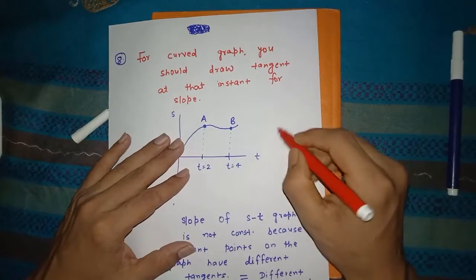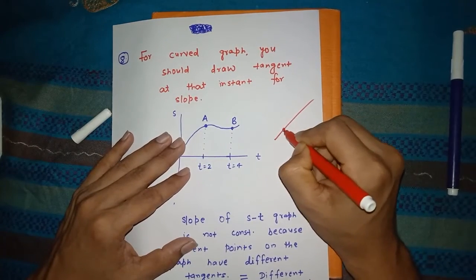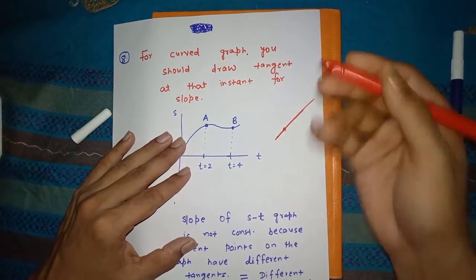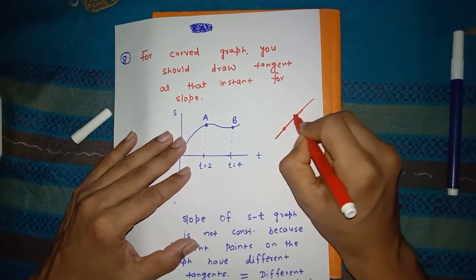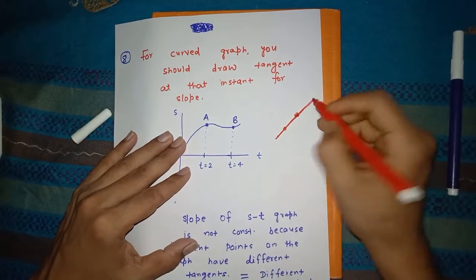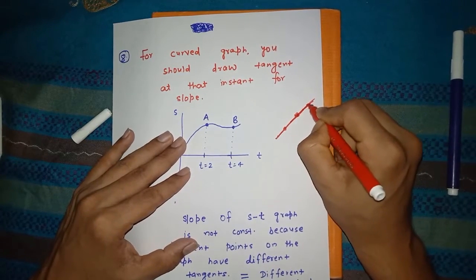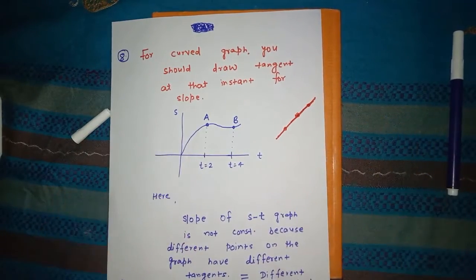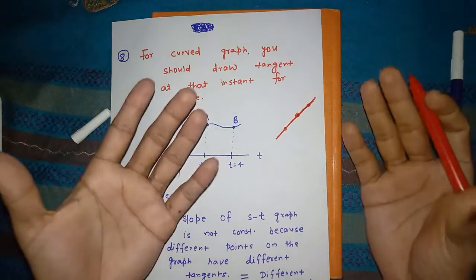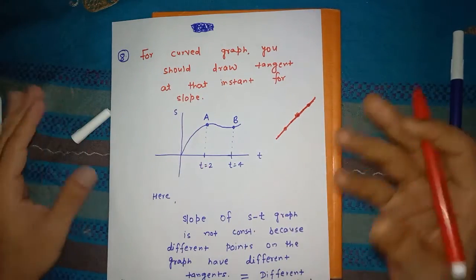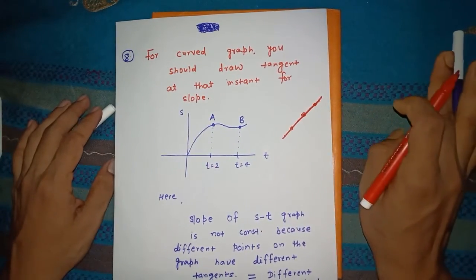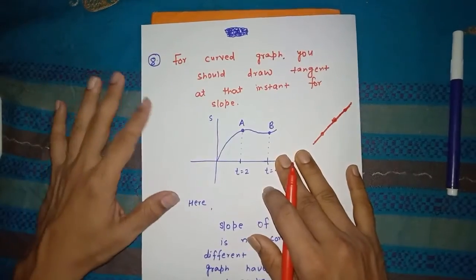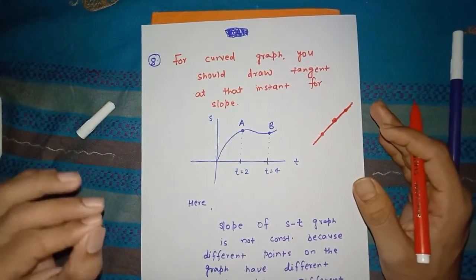But for a straight line, if you draw the tangent here or here, this straight line is itself a tangent. So for a straight line, this line also acts as a tangent. So there is no need to draw a tangent in a straight line graph. But for the curve graph, you need to draw a tangent line